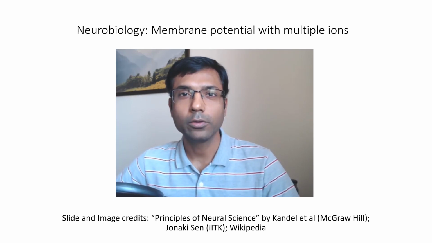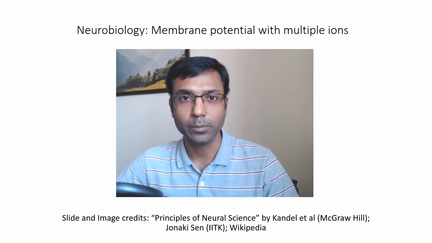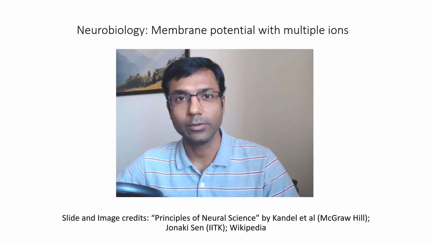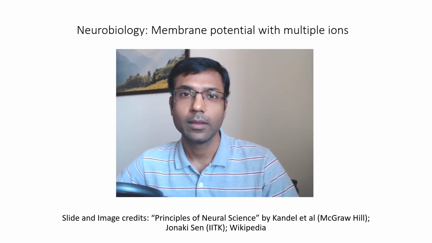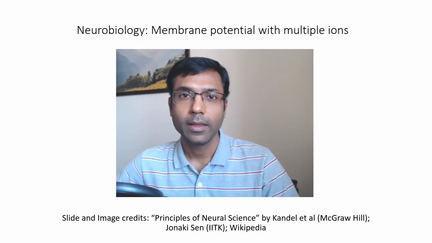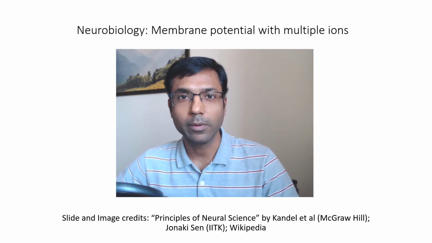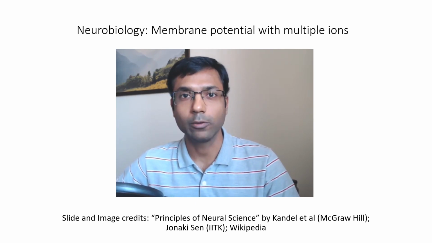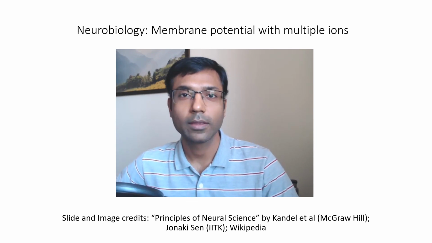In the last couple of videos, we have been looking at the concept of equilibrium potential of an ion. And we have seen that each ion tries to pull the membrane potential towards its equilibrium potential. We also developed the equivalent circuit for a piece of membrane by including the conductance and the equilibrium potentials of different ions. So in this video, we will use that formulation to come up with a formula that can tell us what will be the final membrane potential when we have these different ions present in a cell and they are trying to pull the membrane potential in different directions. So let's see what that final expression comes out to be.